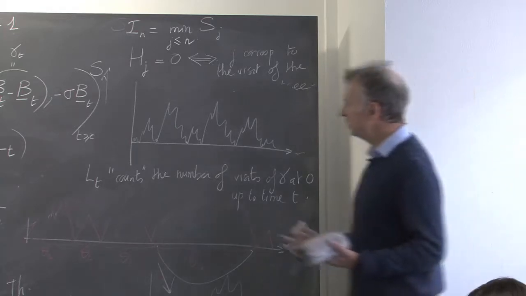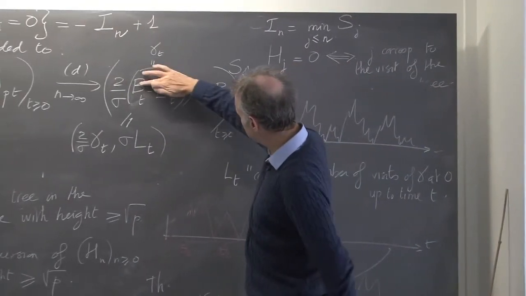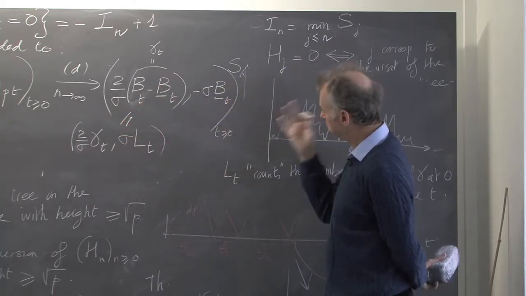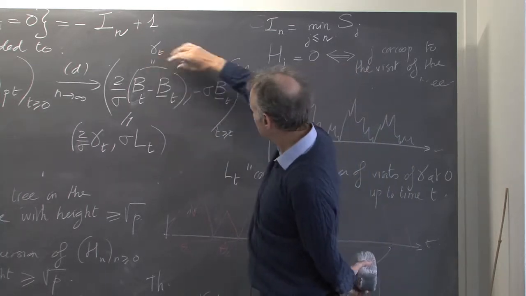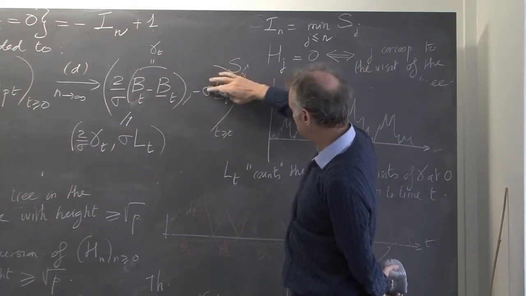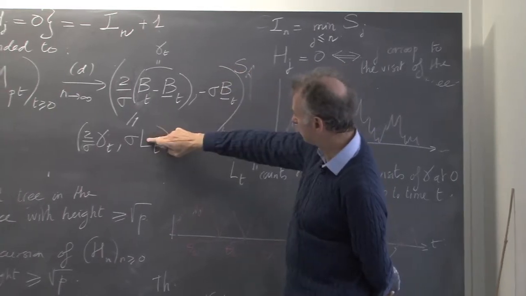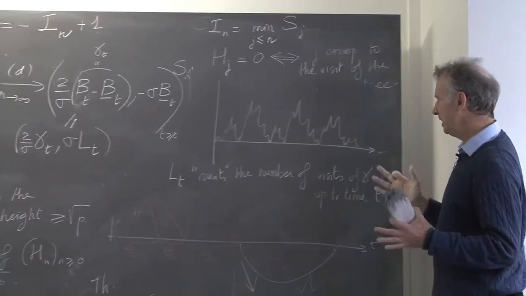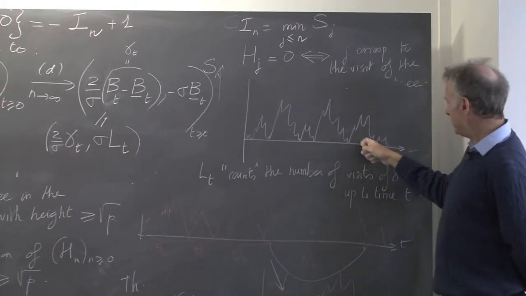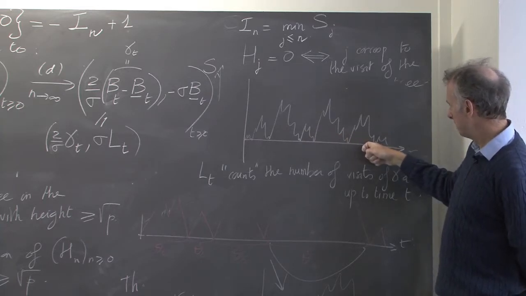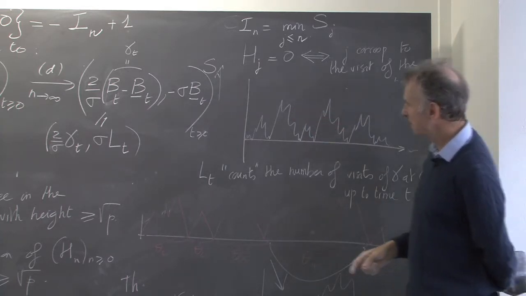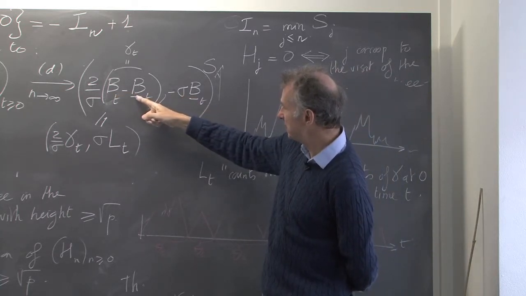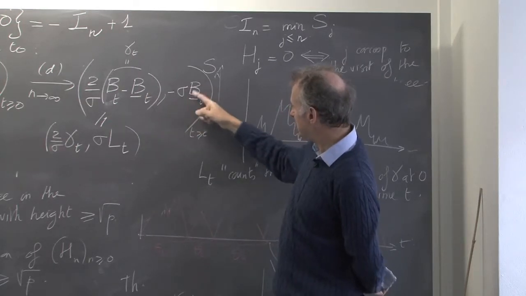The theorem I mentioned before says that the Brownian motion minus its infimum is a reflected Brownian motion. In fact, the good version of the theorem tells you that not only you have this, but minus the infimum of the Brownian motion is equal to the local time at 0 of gamma. But the only thing I'm going to use is the fact that when your gamma comes back to 0, the local time increases. And you can also view it in this form: when your Brownian motion hits its past infimum, the past infimum will decrease.